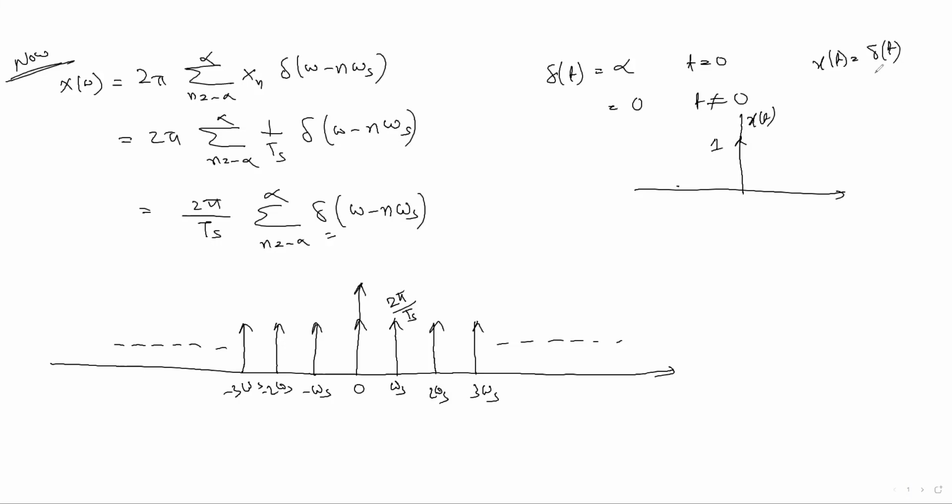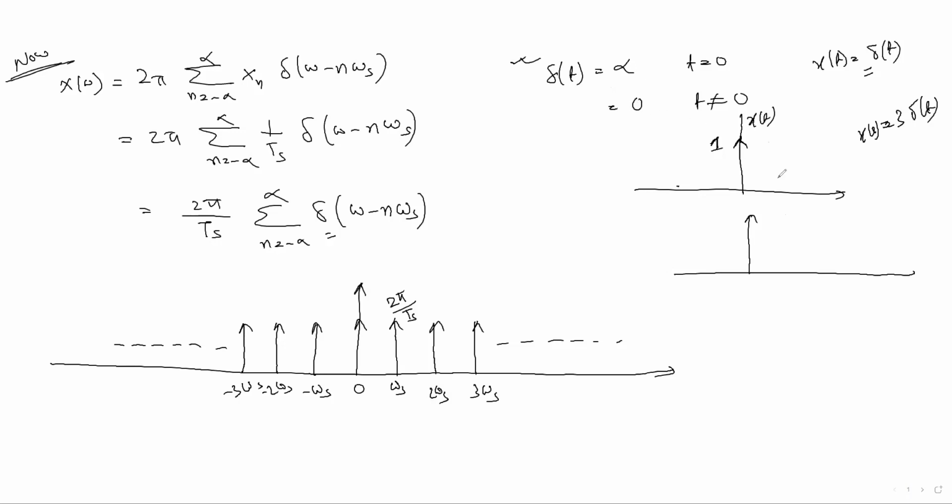This 1 does not mean that its amplitude is 1. It means that its area is 1. Like that, what is the waveform of x of t equal to thrice delta t? Can you draw this signal? Understand what I am saying? When the signal x of t equal to thrice delta t is given, how will the signal be? It is also infinity if you represent it in the time domain.